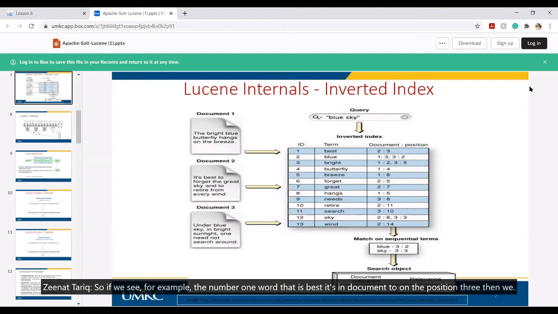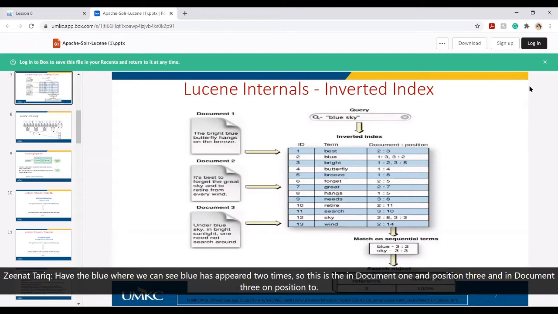Then we have blue, which appears 2 times: in document 1 at position 3, and in document 3 at position 2. So first it will search for the single words, like where blue is placed or where sky is placed, and then the matching is done on sequential terms.